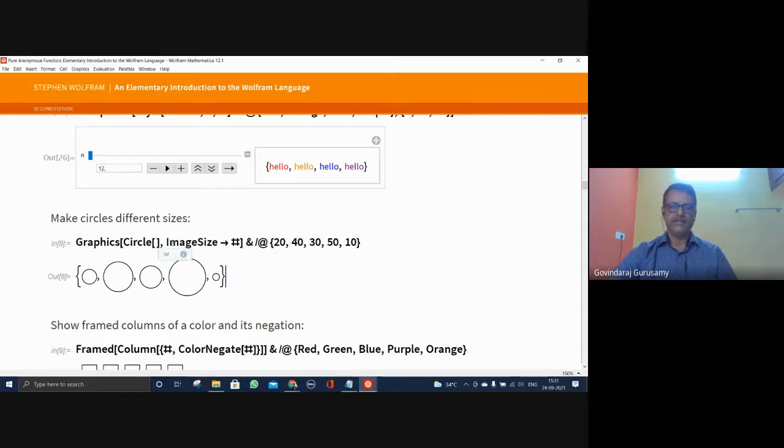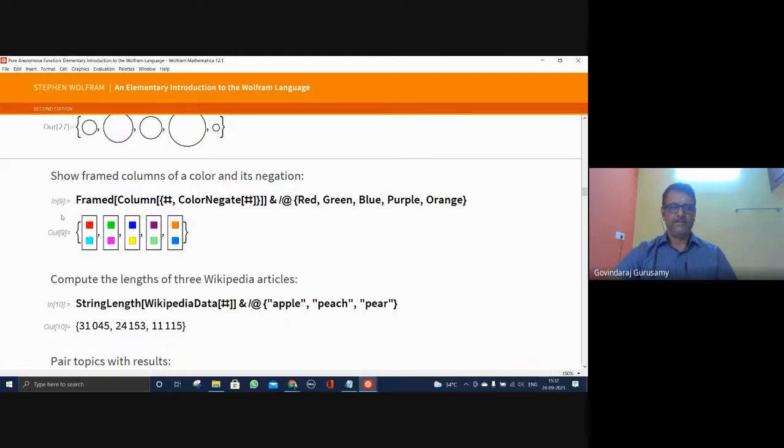Now we can see this image size of the circle can be controlled by simply adding the number as a hash, and that is being operated with slash at with 20, 40, 30, 50, and 10. So you will get these images now.